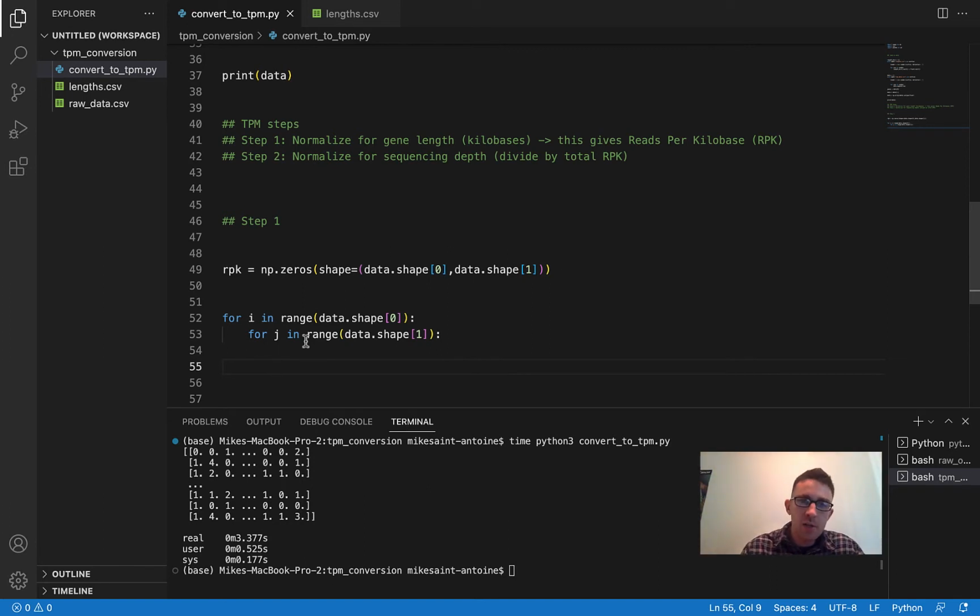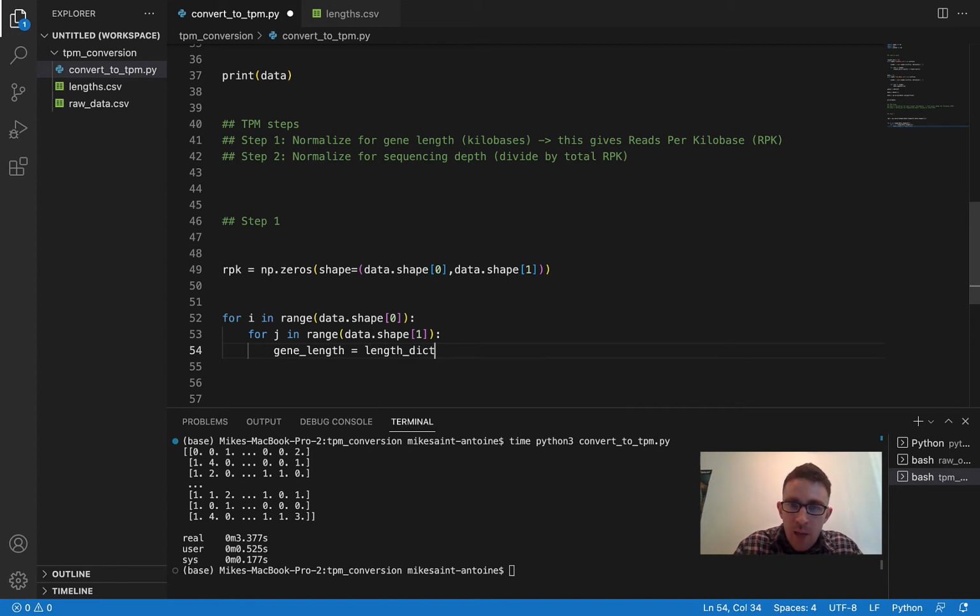So just for simplicity, I'm going to be doing it slightly more slowly, just in a way that makes sense, going through the rows and then columns rather than columns and rows. But now for each of these data points we're going through, this is going to give us access to each of the data points by index. And then for each one, we need to know the length of the gene that we're talking about here. So we're going to say gene length